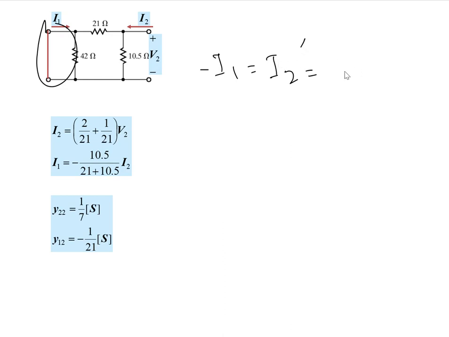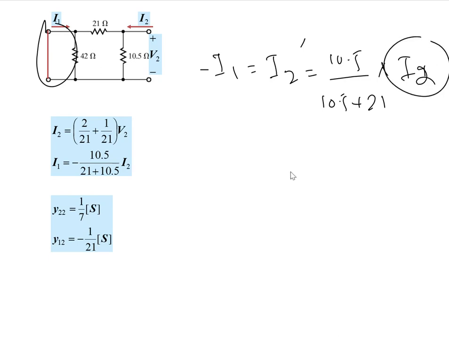So this thing is equal to 10.5 divided by 10.5 plus 21 multiplied by I1, sorry, I2, and then use the value of I2 from the equation, which is I2 is equal to